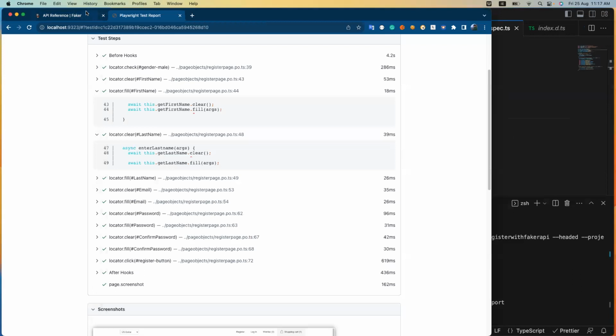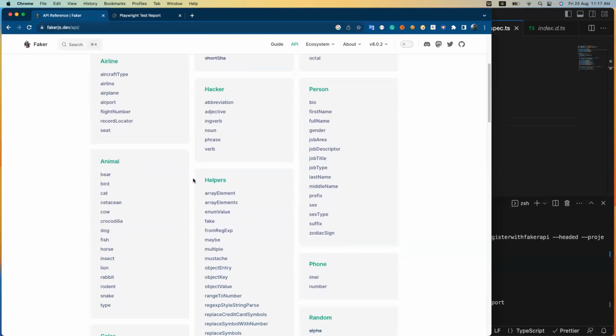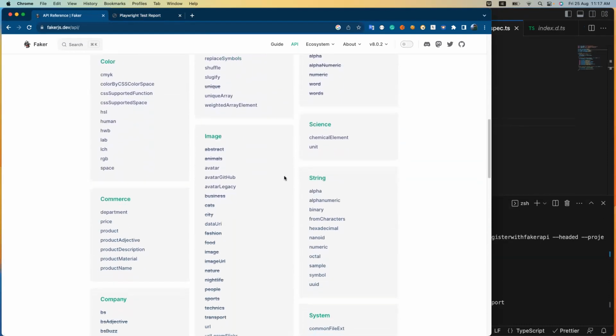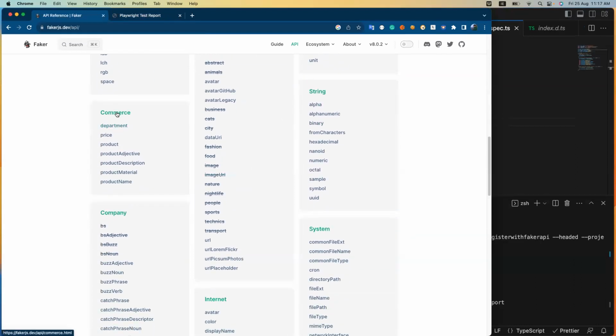Not only first name, last name, we can have numbers, integers and floats, we have the vehicle constructors, and we have the airlines, for example, flight numbers like that. The standard use case will be user data, strings, and if you are working on an e-commerce website, then every time you can pass the dynamic